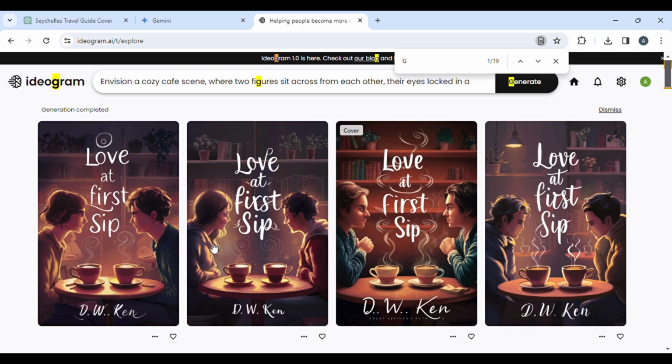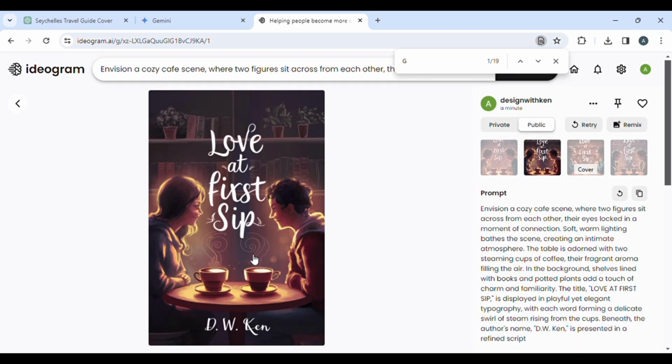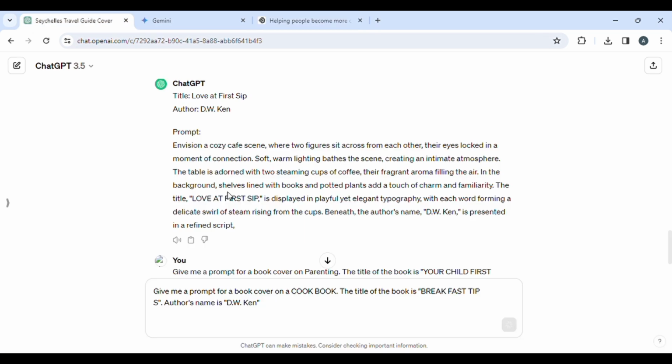I think if I wanted to choose, I would have gone with this. Yes, in Amazon, the people that buy your books normally judge the book by its cover. So you must make sure that your cover is very befitting. If you are not okay with your